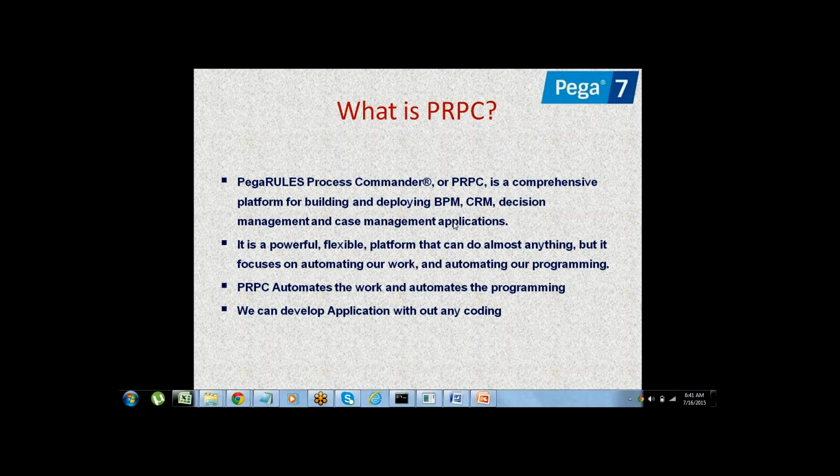Using those functionalities we can develop any type of web applications without writing any code. So in total we can call it the Pega PRPC tool, using which we can develop applications without writing any code.